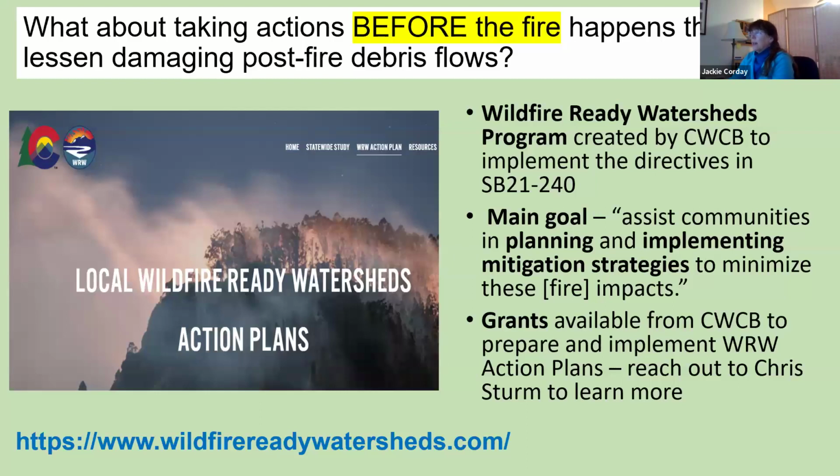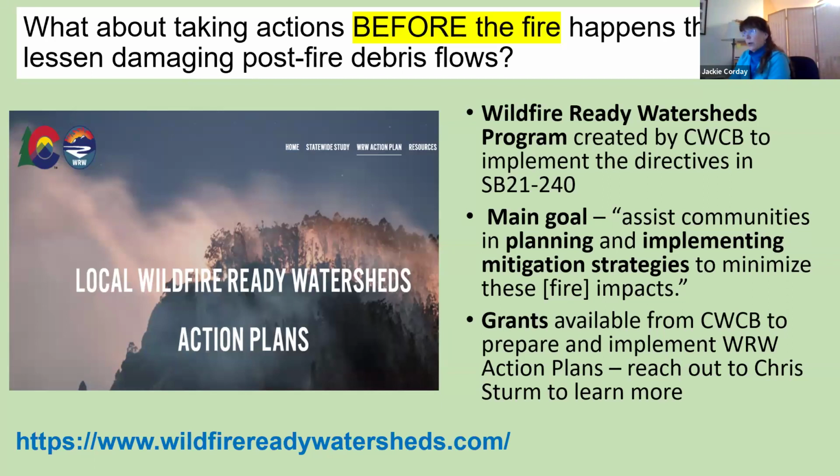What about taking actions before the fire? We all know how important it is to be doing this work, not just after the fire, but before it. So we've mentioned that, and we talk about the Wildfire Ready Watersheds program that was created by SB